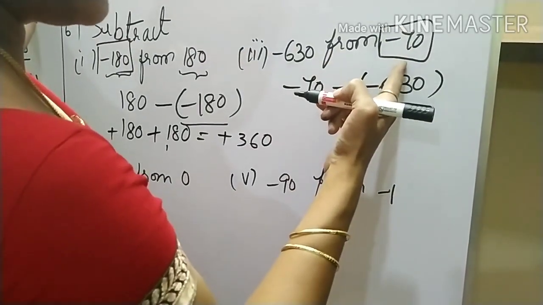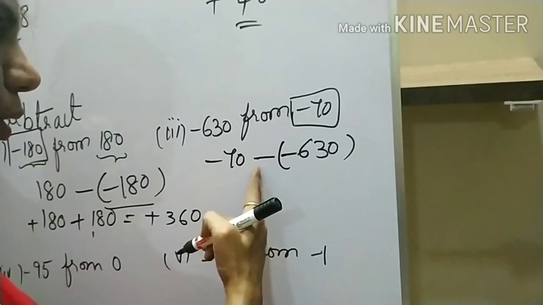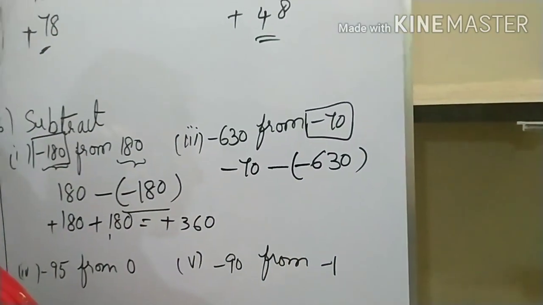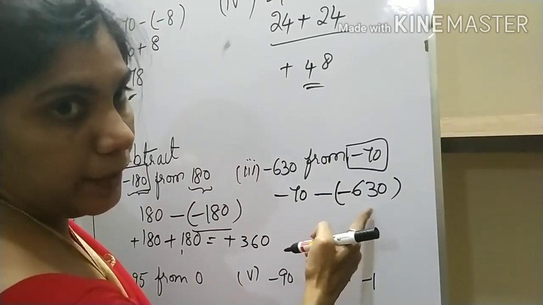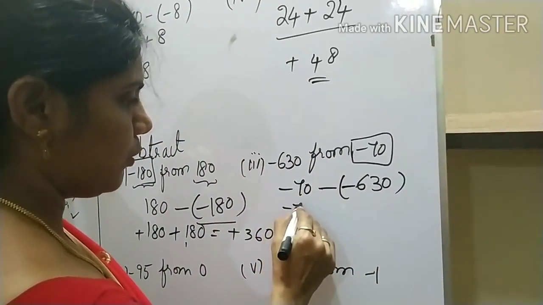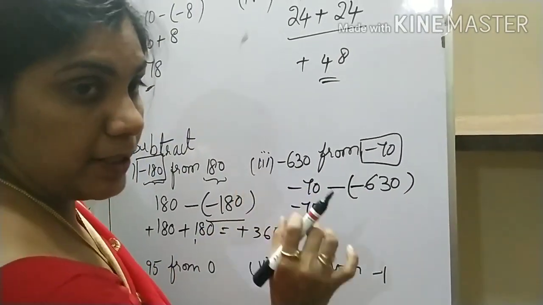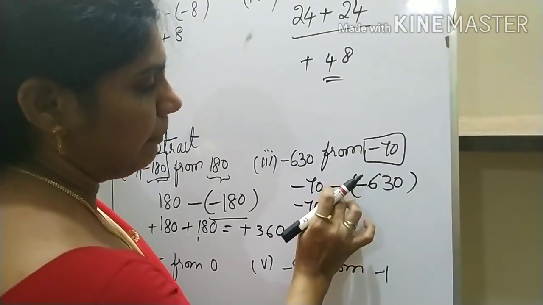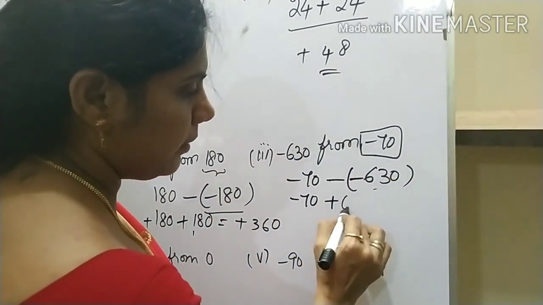First write down the second number. What we have to do, addition or subtraction? Subtraction we are doing. So put minus. After that, what is the given number first? Write that within the brackets. Okay, so as usual minus 70. Now I am removing these brackets, that means I am applying the sign here. Minus into minus is plus.